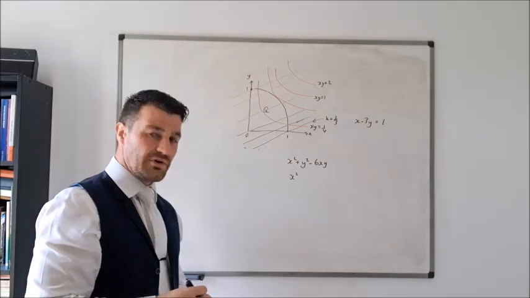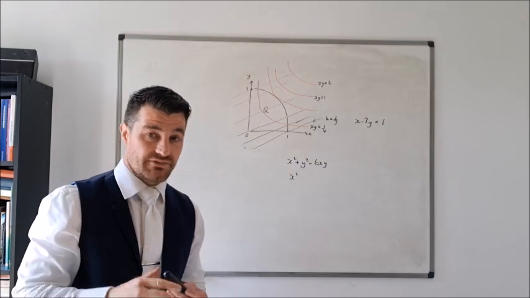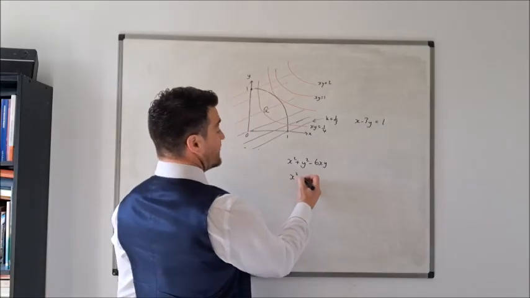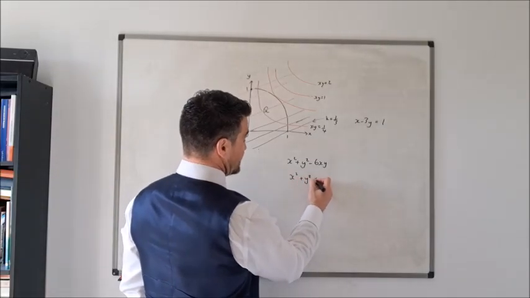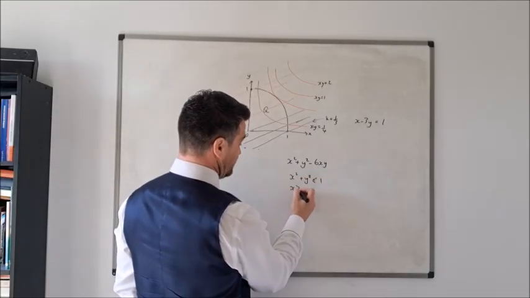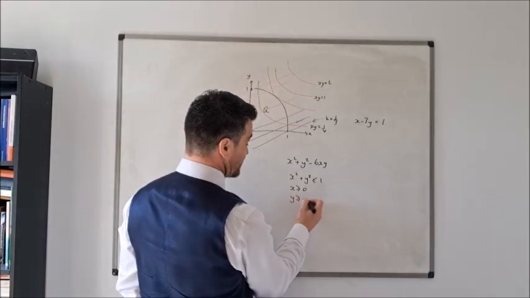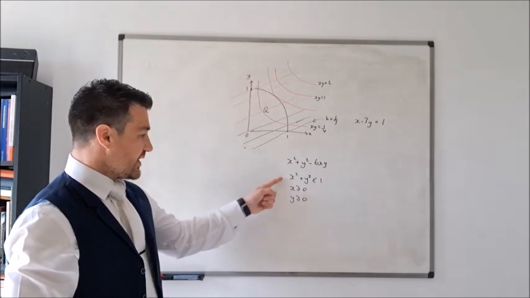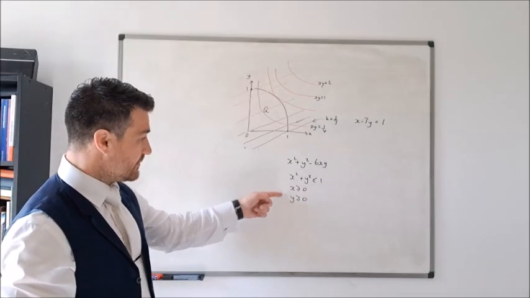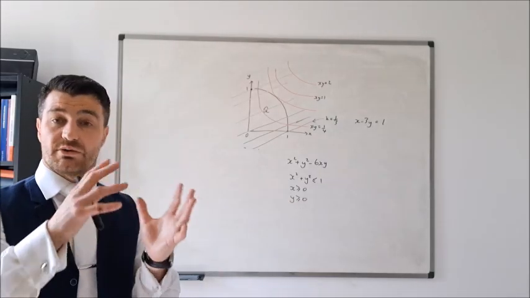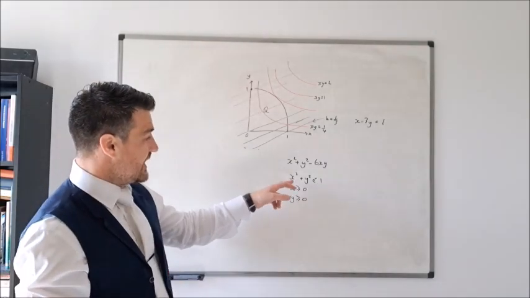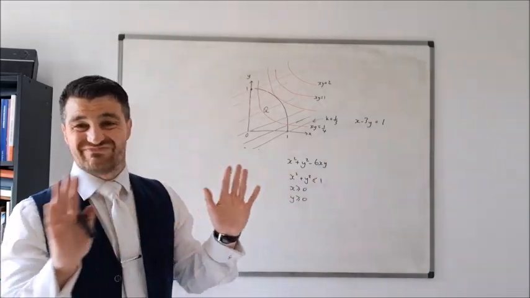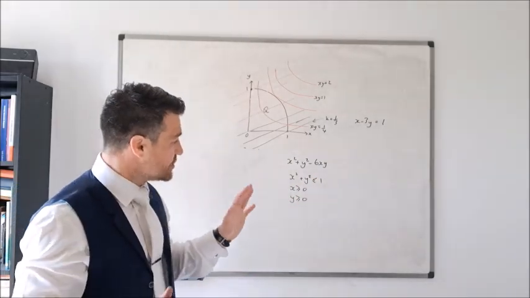Now, the real difficulty is that you've got inequalities involved here. X squared plus y squared is less than or equal to 1. X is greater than or equal to 0, y is greater than or equal to 0. These really complicate things. Lagrange multipliers works quite well if, say, this was just x squared plus y squared equals 1. It's much easier.